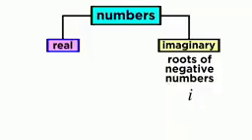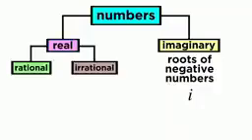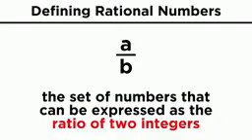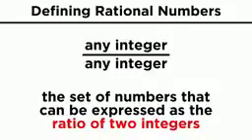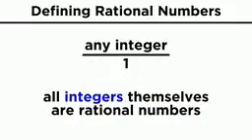Within the category of real numbers, there are two subcategories, rational and irrational. Rational numbers are defined as any number that can be expressed as the ratio of two integers. 3/2, 93/604. You just make a fraction, put any integer on top and any integer on the bottom, and you've got a rational number. The number on the bottom can also be 1, so all the integers themselves qualify as rational